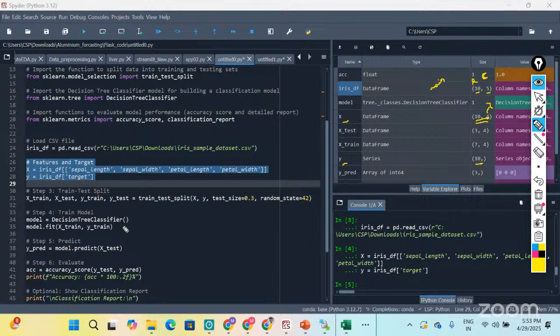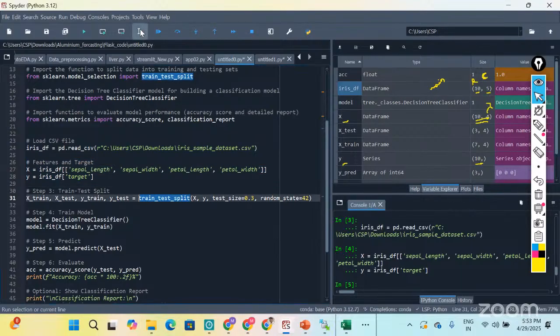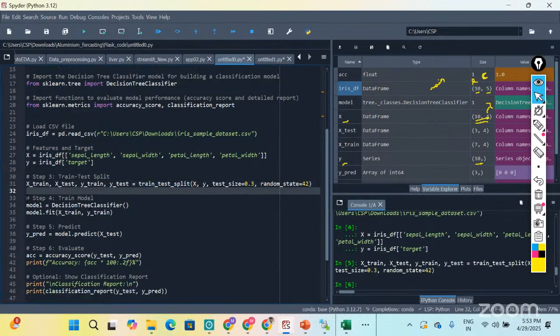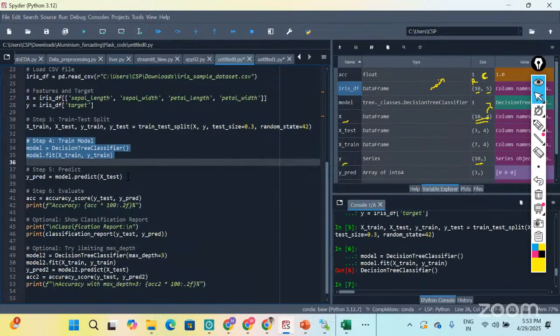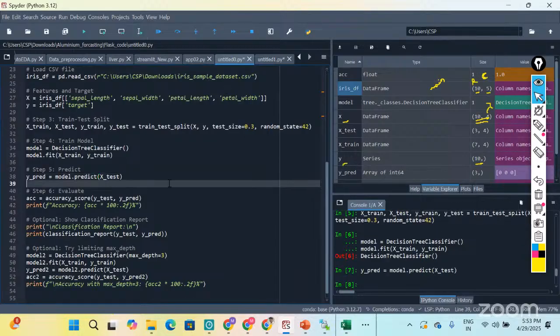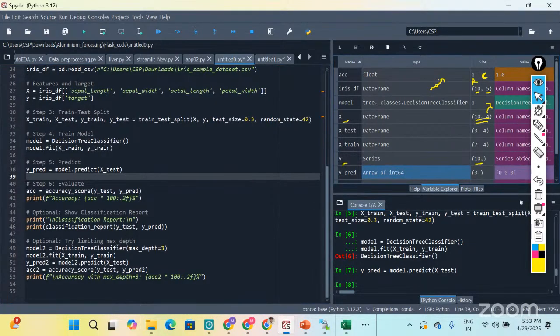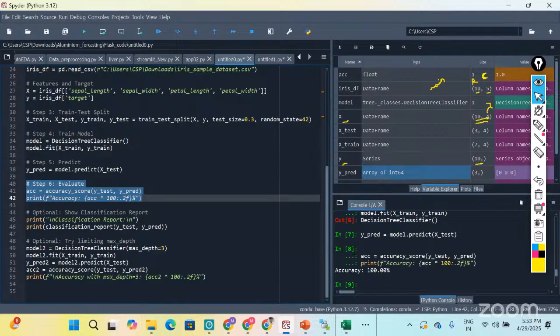Okay. Next we have train test split. If I run this code, then it is split now. Now we will go with training the model with the decision tree and I'm predicting it. Yes, see, it is giving me the prediction, okay? But I wanted to hyper tune it. So the next step is evaluation of it. If I do the evaluation, I'm getting the accuracy for this decision tree classifier model.